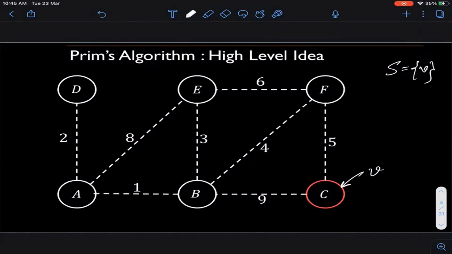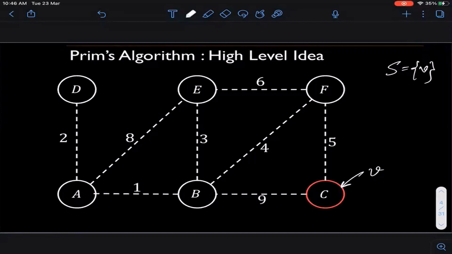Of course, we'll formally prove this, but the intuition is that I will keep adding edges. So whatever I'm adding inside S will always remain connected to V, or connected to the root. And of course, then they will be mutually connected as well. So that's the basic high-level idea of Prim's algorithm. Now the question is how do you choose this new vertex to be added? Because I can do it arbitrarily, right? I can always select some edge so that it ensures connectivity with whatever I have added so far, and I can do this procedure, right? But that might not guarantee that I have a minimum spanning tree.